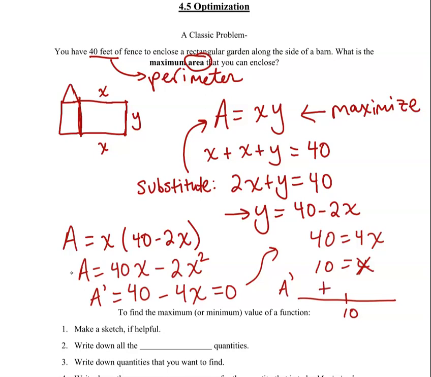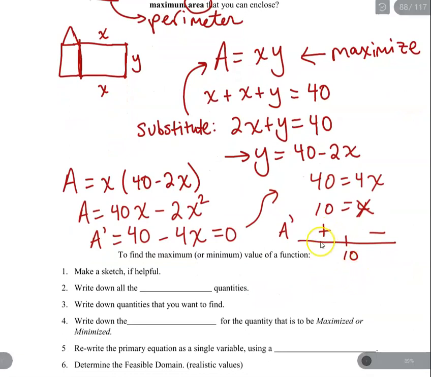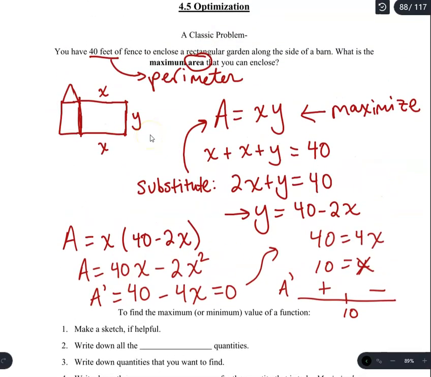If I check a number to the right, I get a negative. So when my first derivative changes from positive to negative, I get a maximum. So that means 10 is the maximum x can be and keep me within this 40 feet constraint. Now they asked for the area, so I'm going to go back and substitute 10 in place